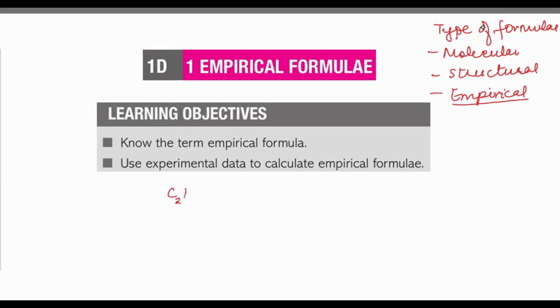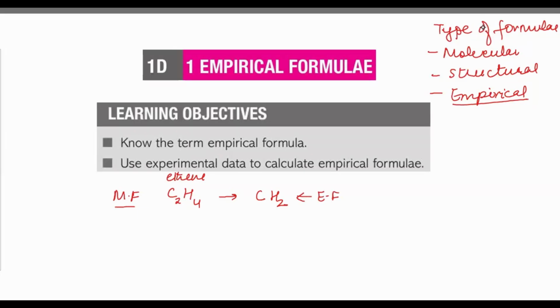If I say the formula for ethene is C2H4, then its simplest ratio formula will be its empirical formula. That is going to be CH2. The molecular formula is a formula where all the elements and all the atoms of that element existing in the molecule of that compound are written all together. And when we have the simplest ratio form of that formula, we call it the empirical formula.